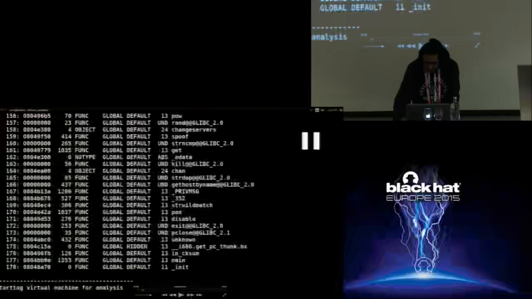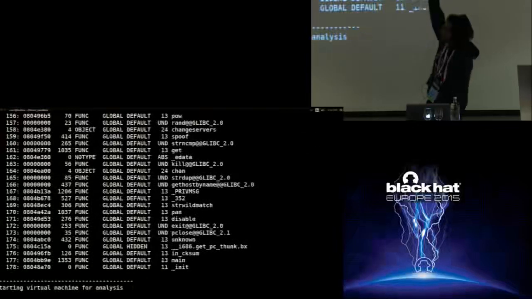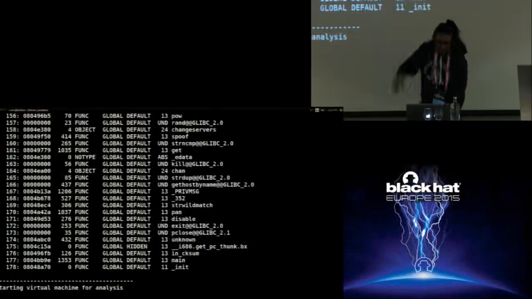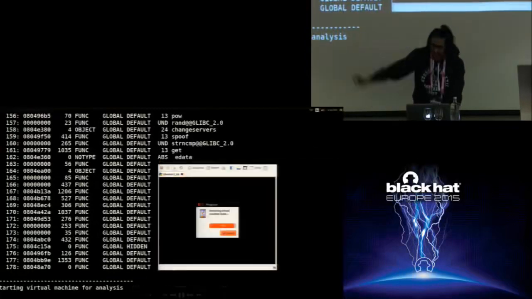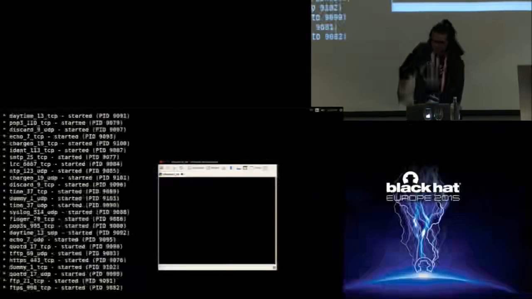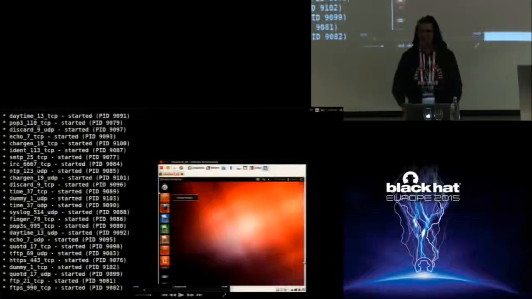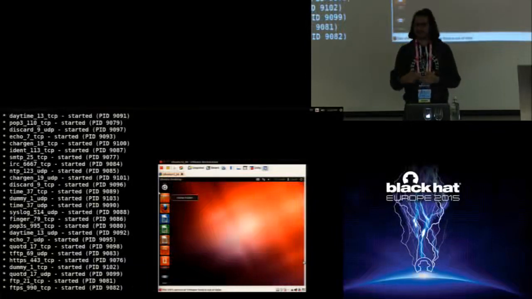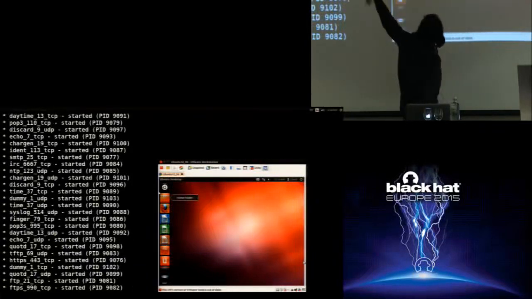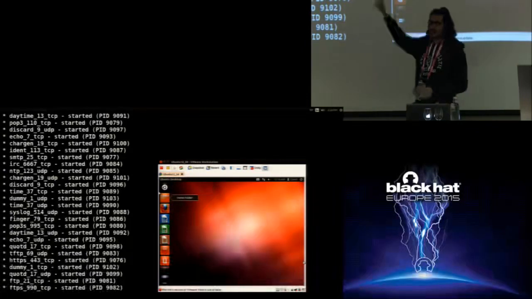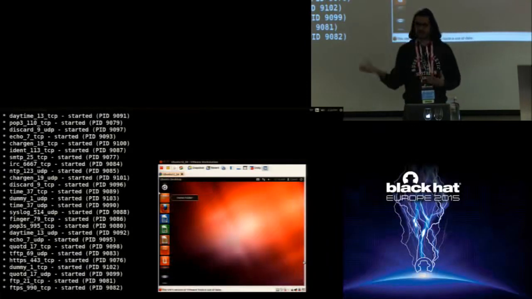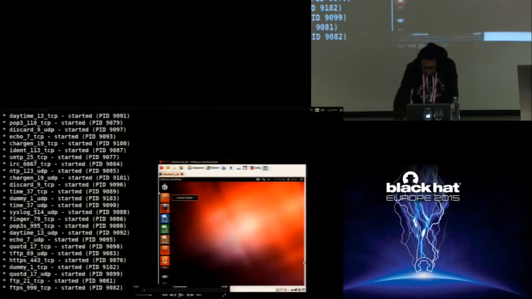So as you can see here, it started doing a static analysis. And you'll see that when I play the video, it popped up the VM. Okay, and also it is simulating all the services. Like I said, because we are running in the sandbox mode, it is simulating all the services like DNS, IRC, all those services, so that it can give fake responses to the malware.